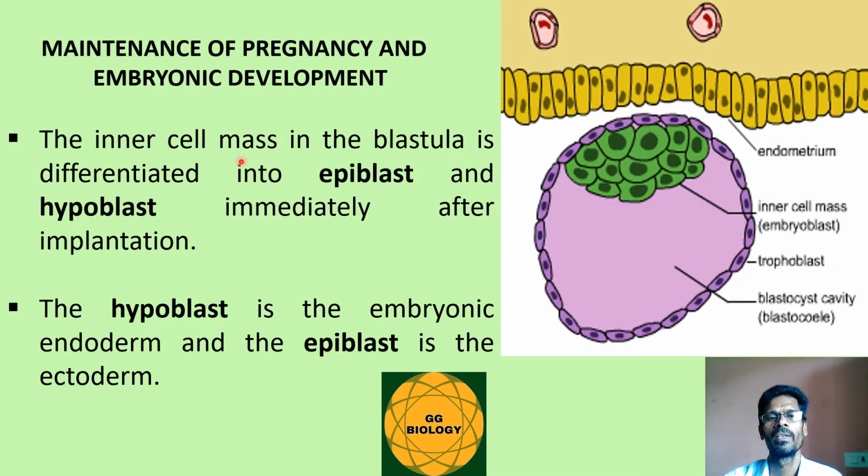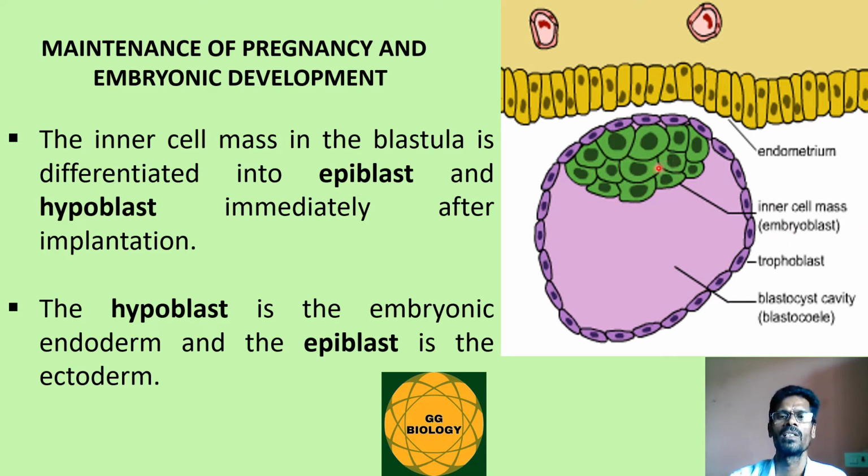Before entering the topic, let us recall the structure of the blastula. So already we know the structure of the blastula. Blastula is spherical in shape and it contains a single layer of uniform size and shaped cells, which is called the trophoblast. And internally the blastula contains a cavity known as the blastocoel, and the blastocoel is filled by a fluid known as blastocoelic fluid or blastocoelic jelly. Inside there is a mass of cells called the embryoblast.